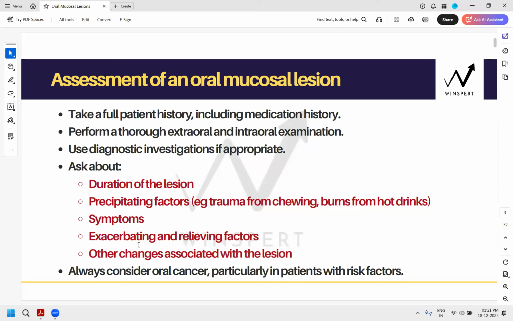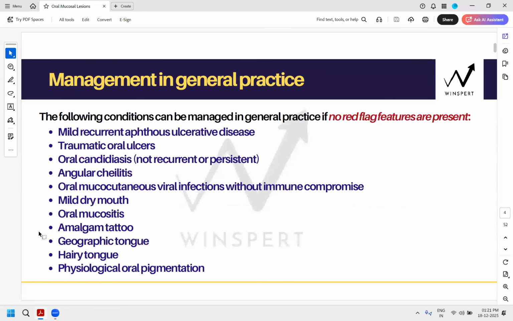So patients with risk factors also need to be considered, that the lesion could be an oral cancer. So there are certain lesions which, provided that they do not have any red flag, you have to still, even if these conditions are given to you in the history, now make this very important note everybody, and give me yes and no's if it's coming together and making sense to you. Okay, I need some yes and no's to understand that you all are understanding, because I want you to learn the chapter while we are doing the lectures. Okay, I don't want you to go back to the lecture and then see, oh yeah, that was the concept. I want you to learn the concept right away.